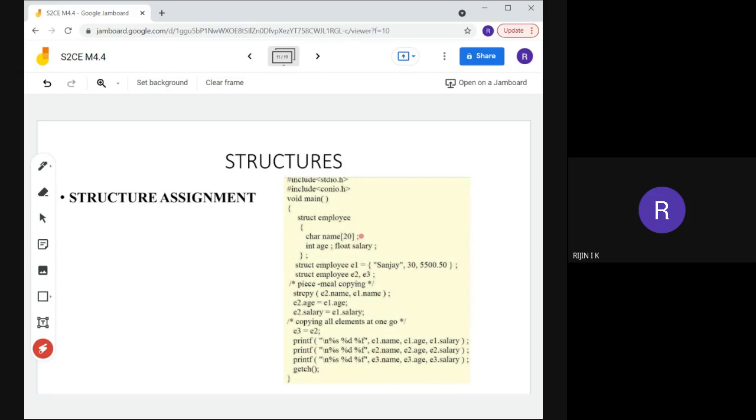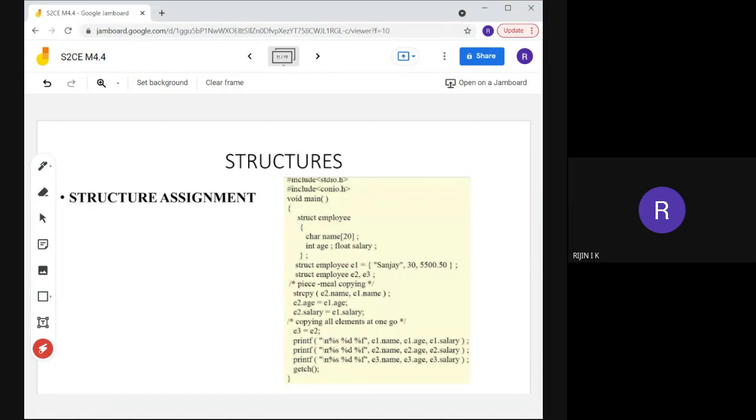Inside that we are creating three components. First one is employee name, that is represented by using character type array. Then age of the employee, age will be an integer type variable, so here I am specifying int age. Then salary. So these are the three components in the structure. Then after that we give a semicolon. Then here I am creating a variable e1 for this employee data type.